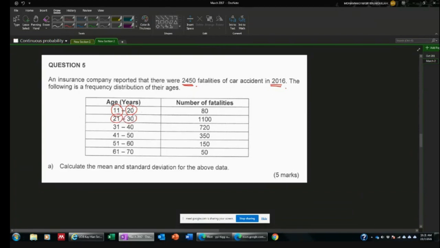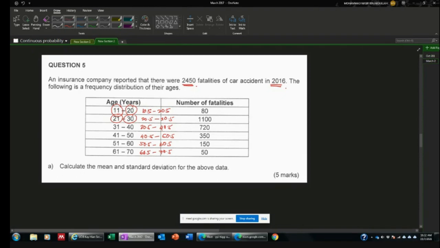So we need to rearrange, make it in a class boundary. So this starting from 10.5 to 20.5, 20.5 to 30.5, and this is 30.5 to 40.5, 40.5 to 50.5, and then this is going to be 50.5 to 60.5, 60.5 to